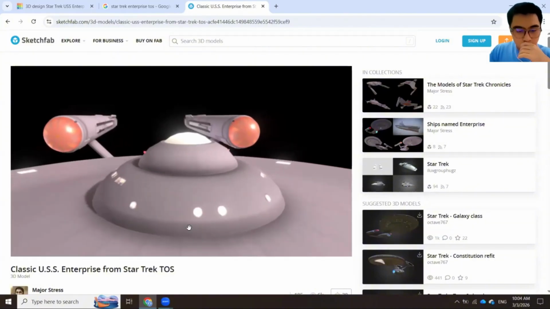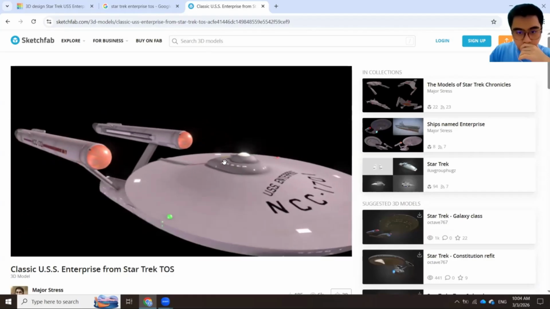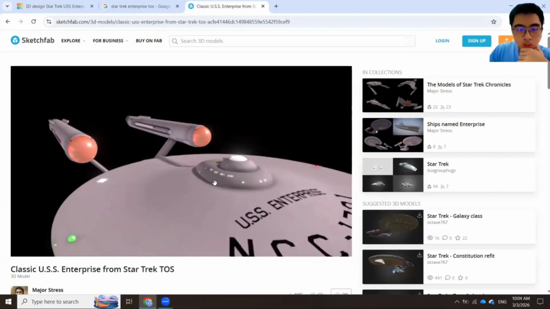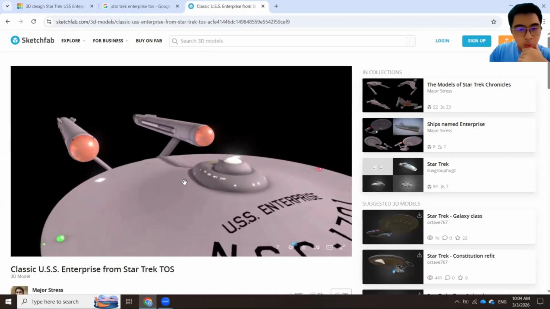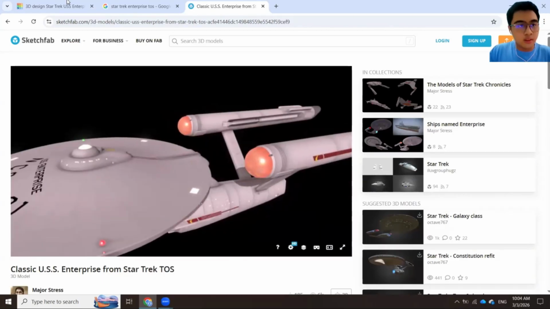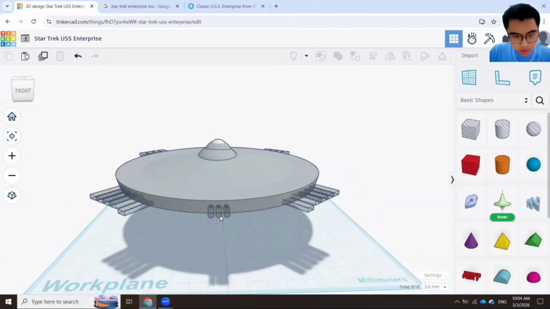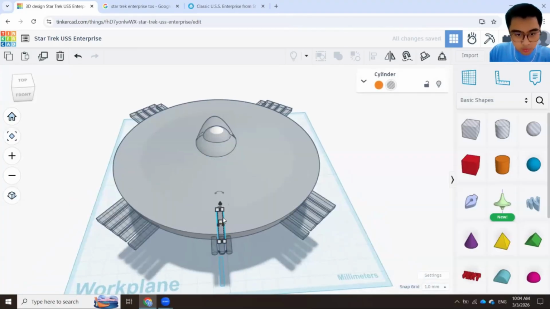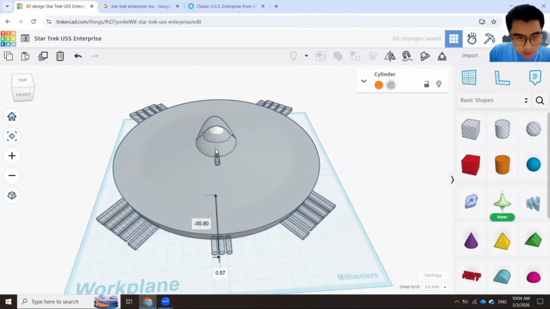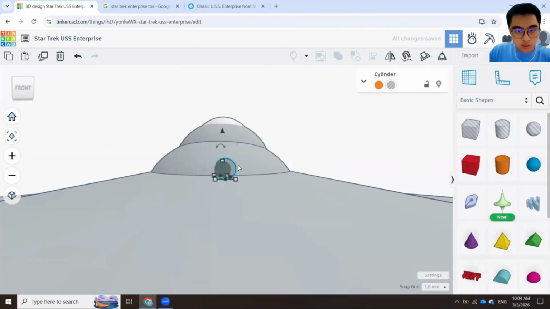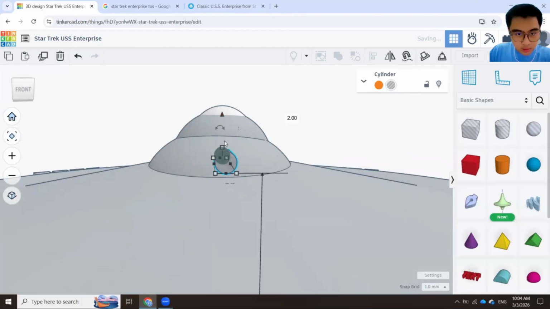Looks like it has 2 small cylinders here and another 4 rectangular windows here and here. Okay, we're going to do that. We're going to take the cylinder, Control D, drag it on top, and then move it in the middle. Okay, right about that. Now I'm going to change the size to something that's much easier to see.